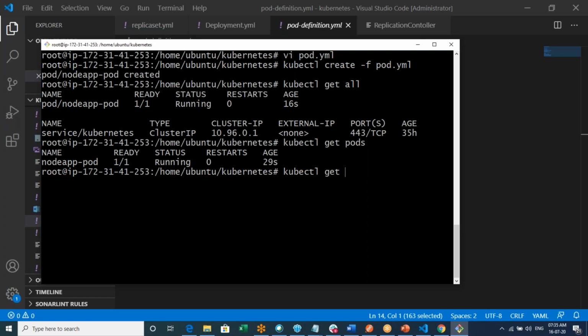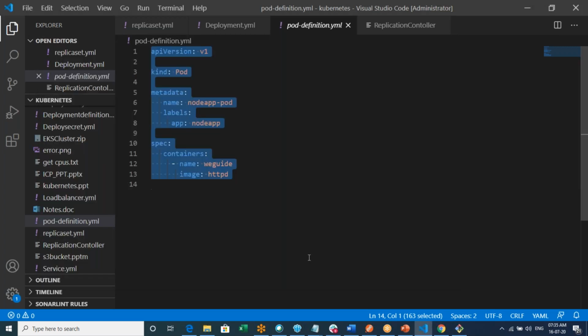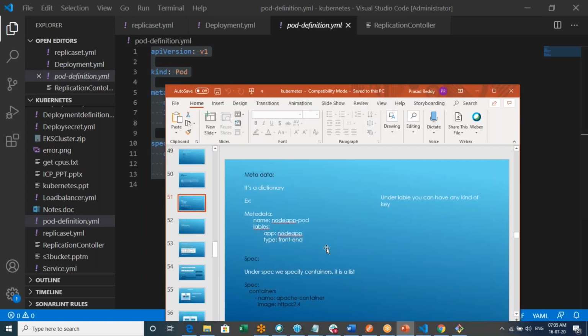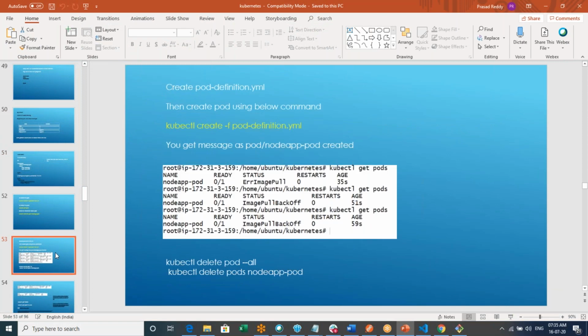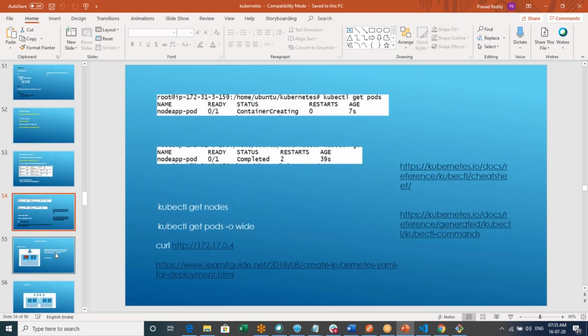Sorry, -o wide. Okay, this one. The kubectl get pods -o wide command.